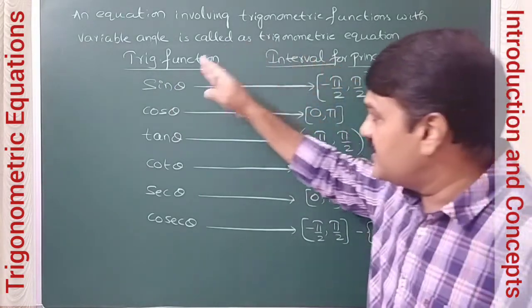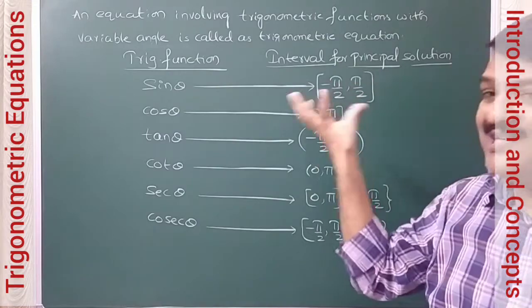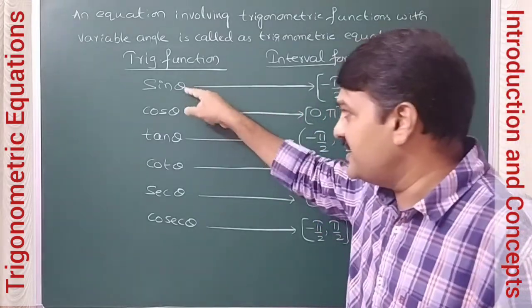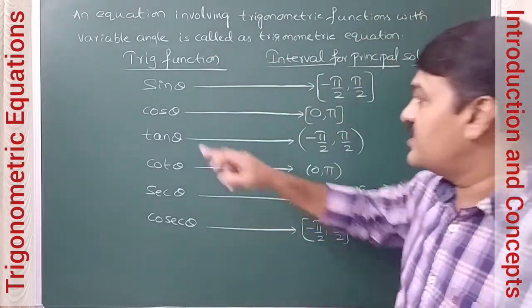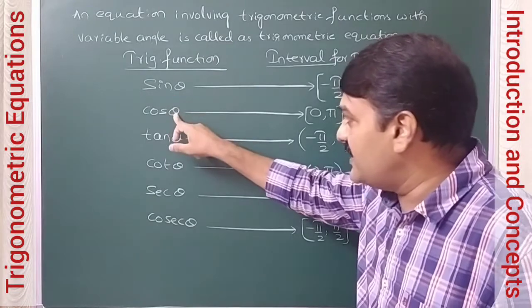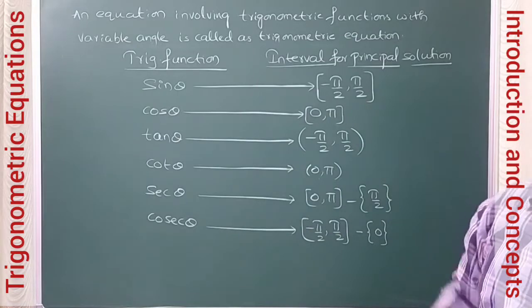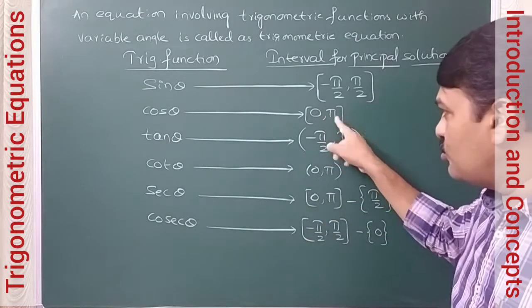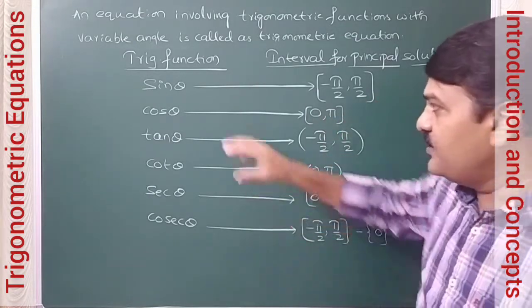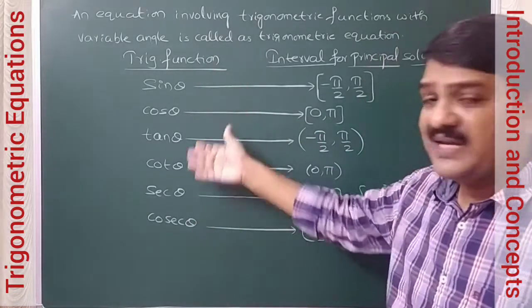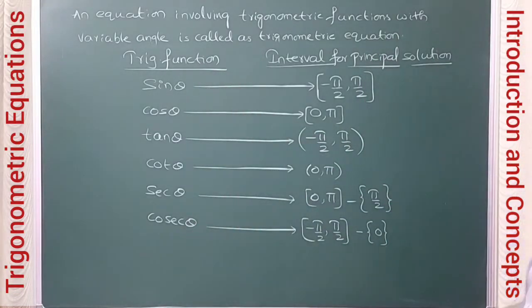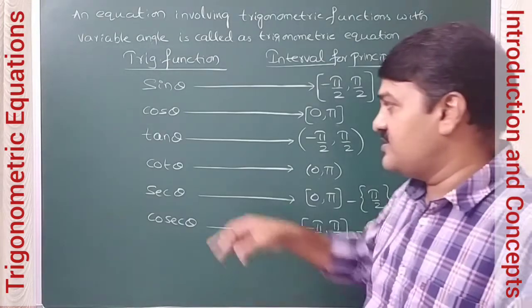That means in this interval you will get a unique value of theta satisfying this equation. For cos theta, the unique value of theta satisfying the equation will be in the interval 0 to pi. Now when you remember these two, automatically we can remember shortcuts for the remaining 4 trigonometric functions, like